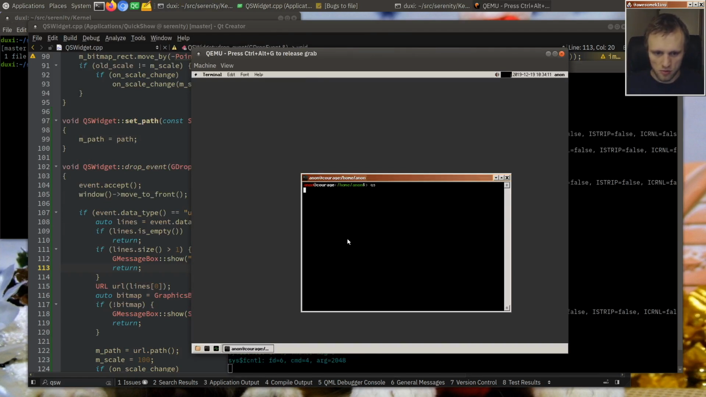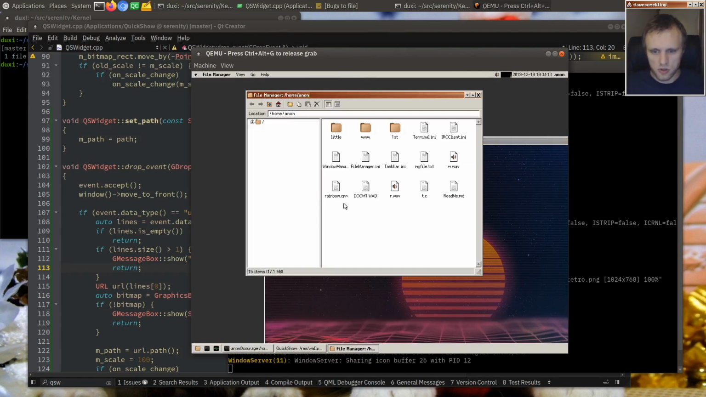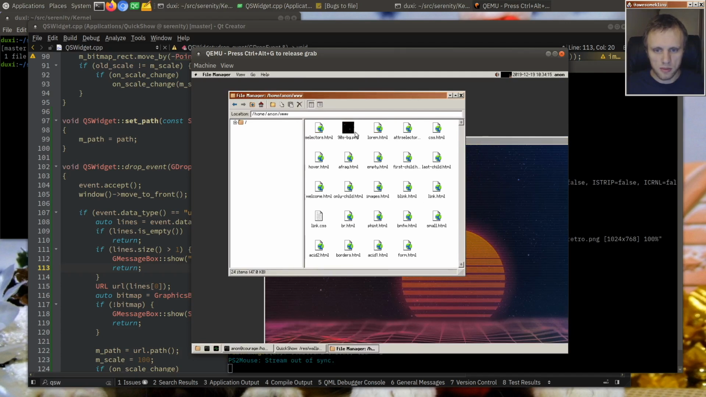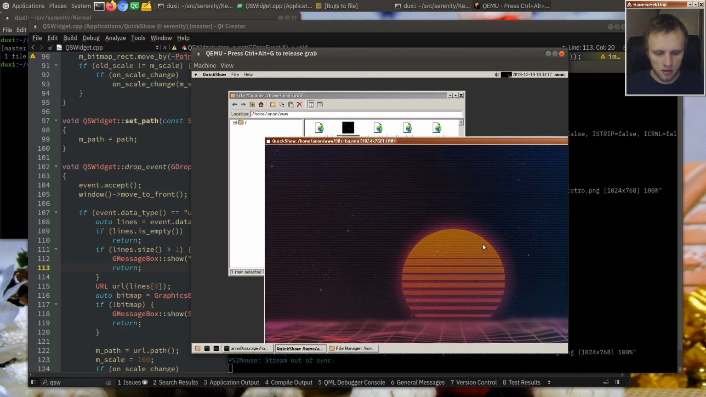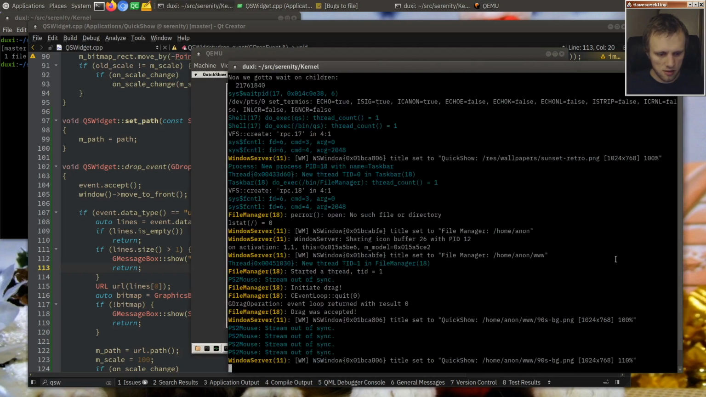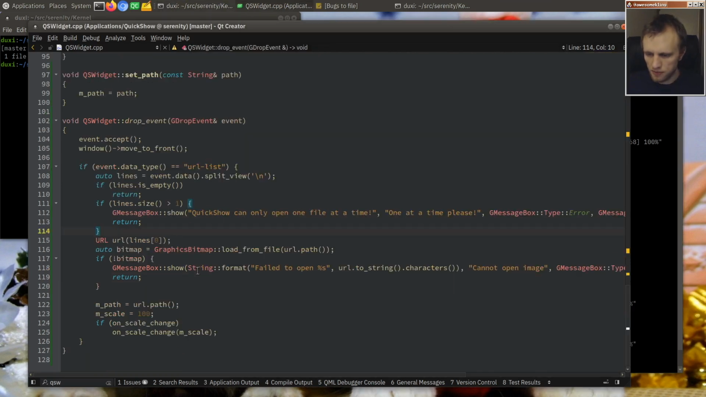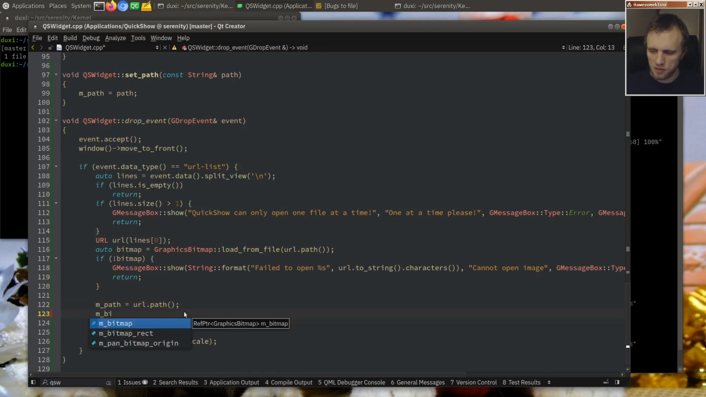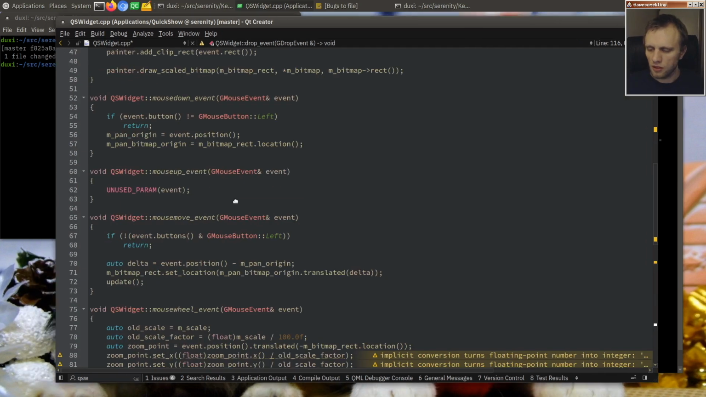Okay, so let's start QS, and then we'll just drop something on him. Like, how about this 90s BG right here? And that didn't seem to... Oh shit! I forgot to actually save the path, but then I also need to update the bitmap. So the bitmap is going to be bitmap. That's the one that we loaded, and